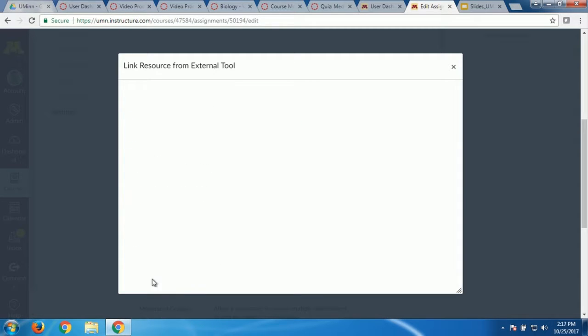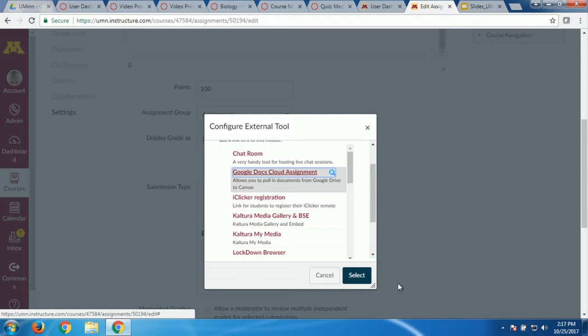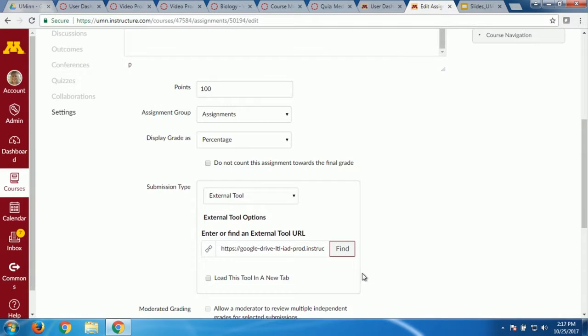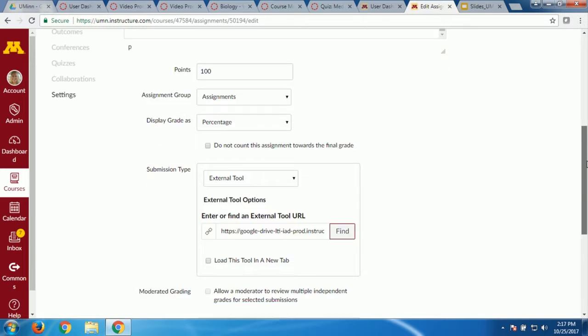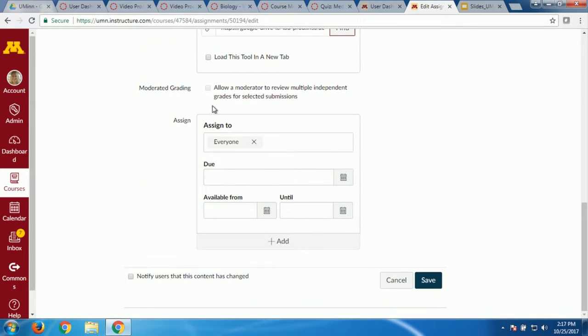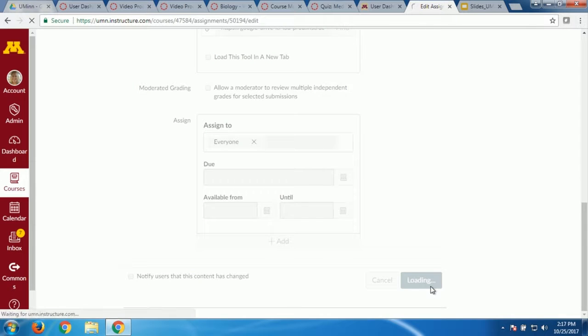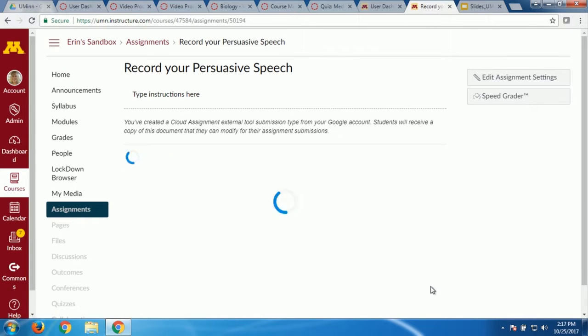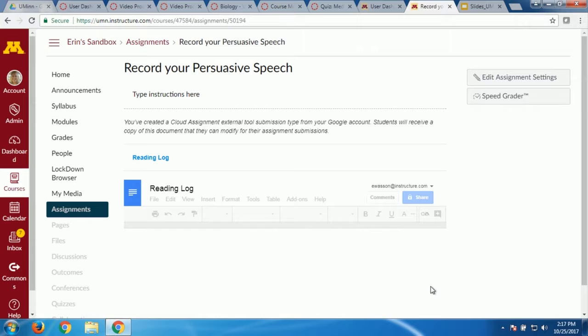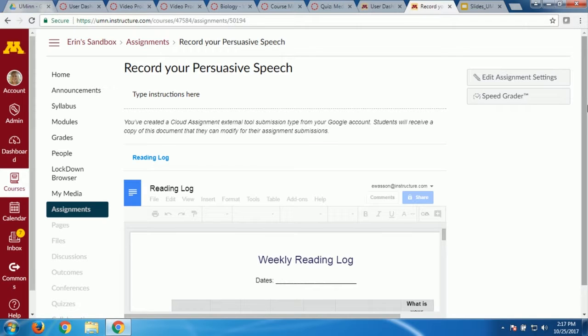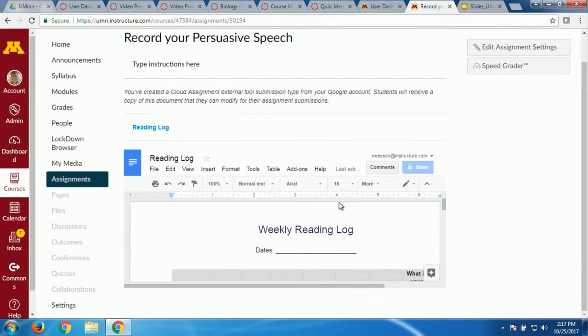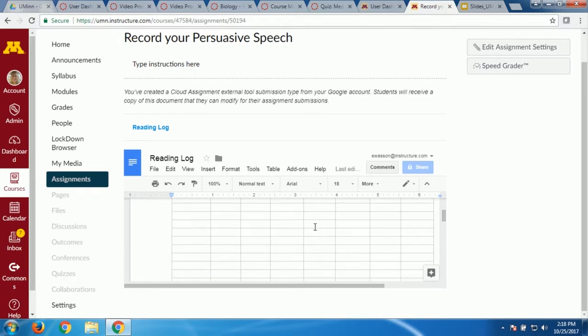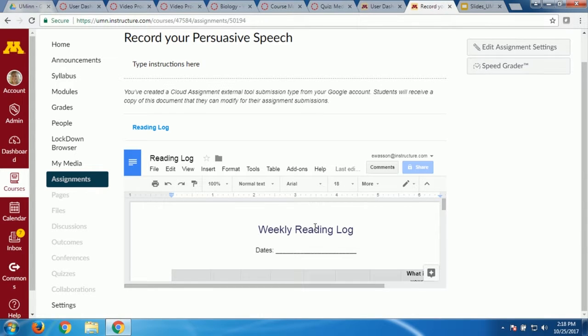So I'm going to just add that Google Doc here. Submit. So select. I'm selecting that Google Doc. Now I just save it. After that I can set the date it's due and everything like that too, but I'm just showing you how to set it as Google. Once you set it as Google, you see the teacher view here. It shows up right on the screen. Here's a very elementary worksheet, but you get the concept.